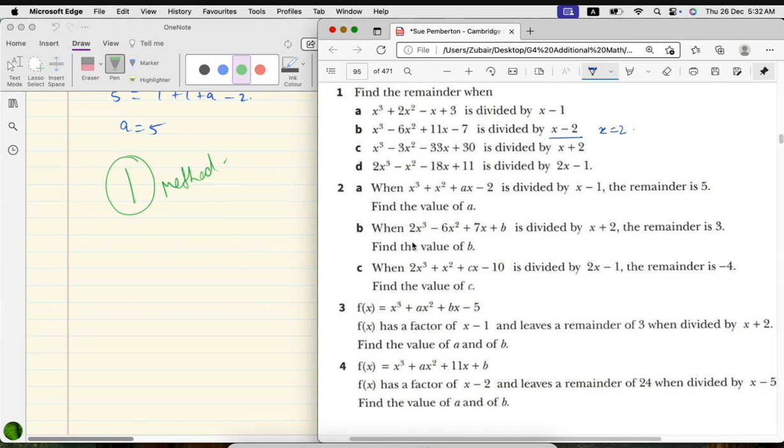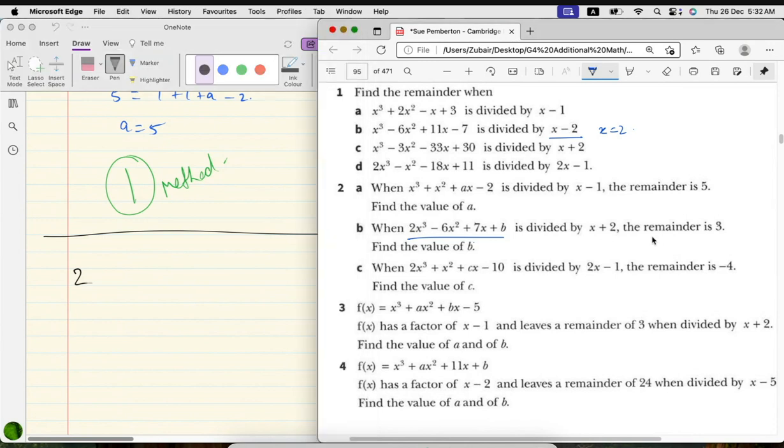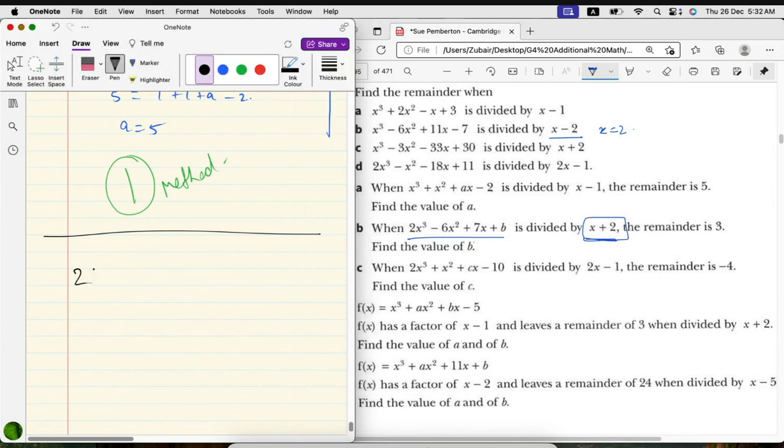B part says 2x cube minus 6x square plus 7x plus b divided by x minus 2. The remainder is 3. Now let's punch that in directly. When it is divided by x plus 2, it means the value of x is minus 2. So 2 into minus 2 cube minus 6 into minus 2 square,